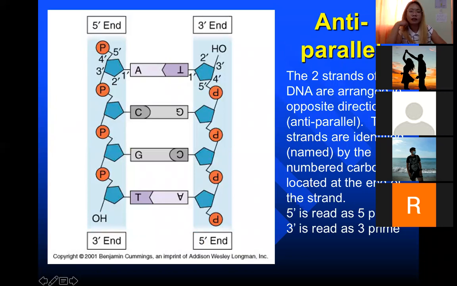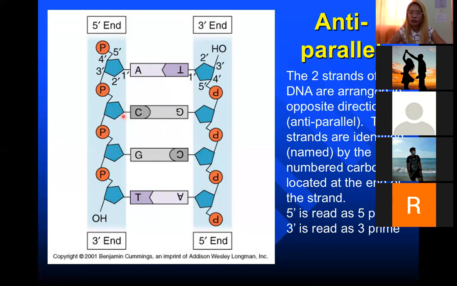So when we talk about this idea of 5' and 3', what we are talking about is the direction of the strand. So nakadepende siya sa kung saang carbon naka-attach yung ating phosphate group. So on this strand of the DNA, itong phosphate group ay naka-attach doon sa 5 or sa 5th carbon. Kaya dito ang tawag sa kanya ay 5'. So 5', 3', 5', 3', 5', 3'. So yung dulo niya is always 3'.